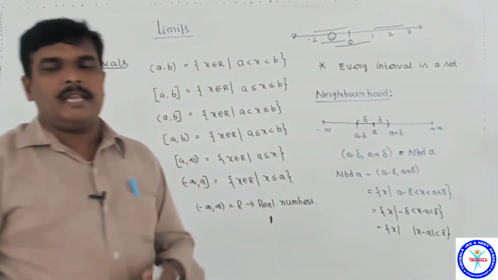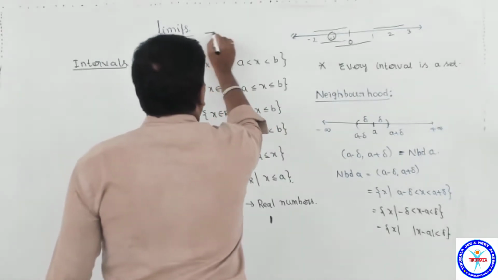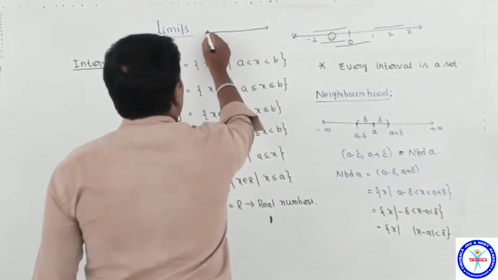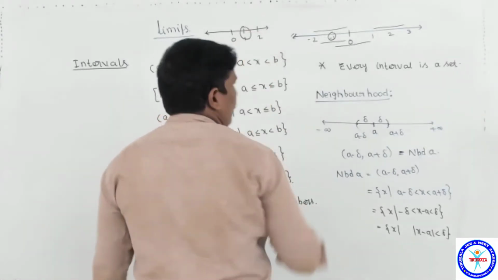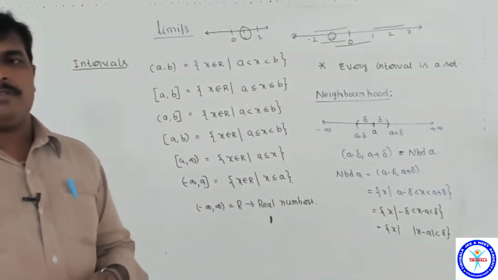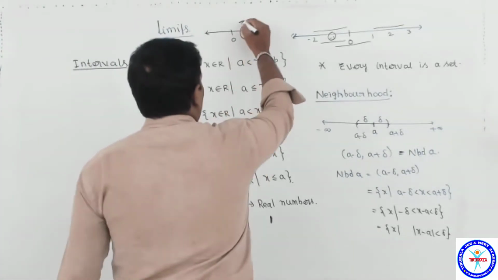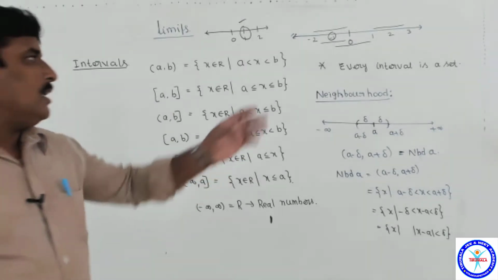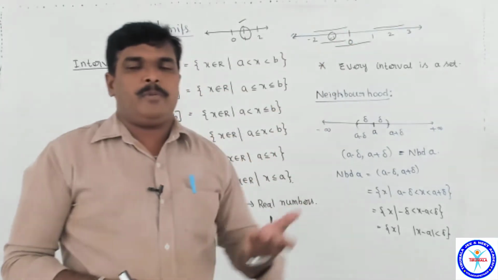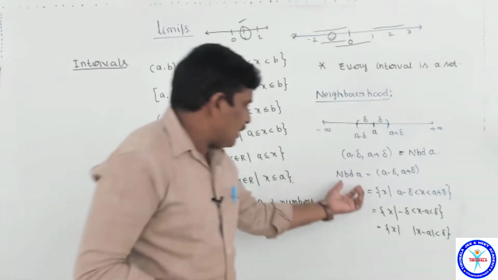When you take the real line, and if you take an integer line, there are no neighborhood points. 0, 1, 2. If you take a point 1, what are the neighborhood points of 1? Empty. Its center point is 1. There are no elements for an integer line. If you take a real line, there are infinitely many points in the neighborhood. This is the neighborhood.